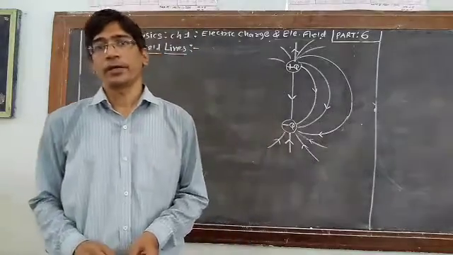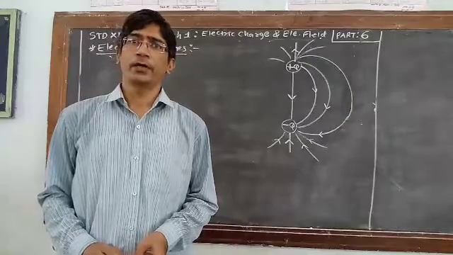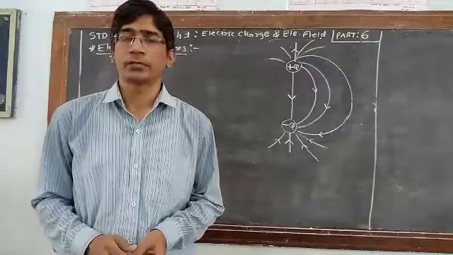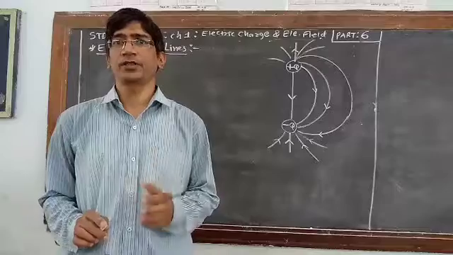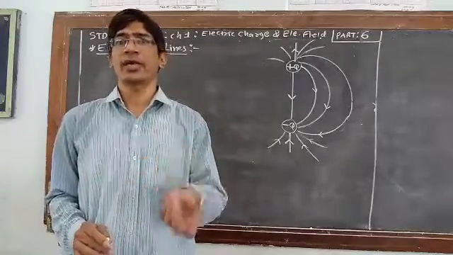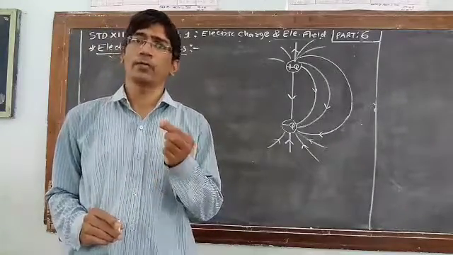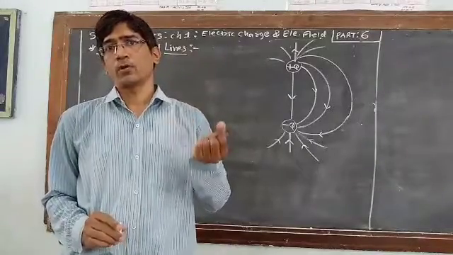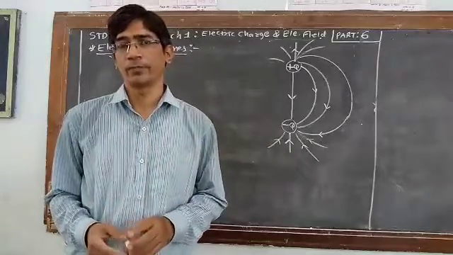Okay, now we are taking the new topic, electric field lines. Electric field is the reality. It exists around the given charge. So electric field is generally the effective area in which, if you put any small charge, then on that small charge the electric force is exerted. That means it produces the effect on that charge, and the charge will repel or attract in the given area. So that area is known as the electric field.